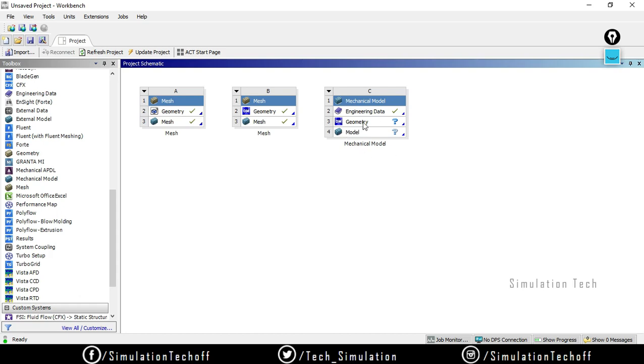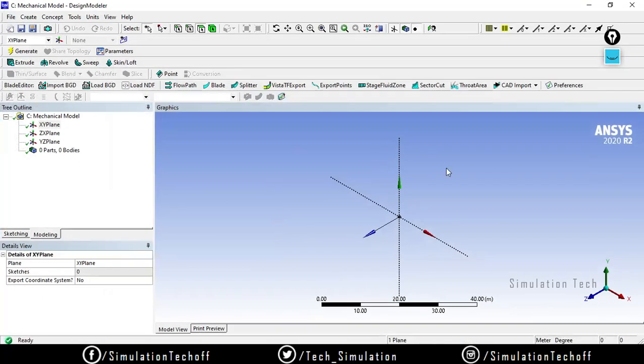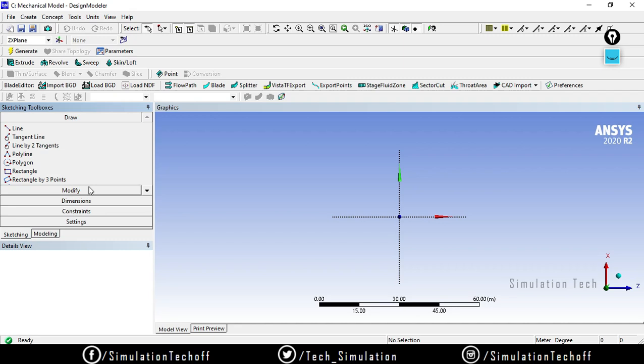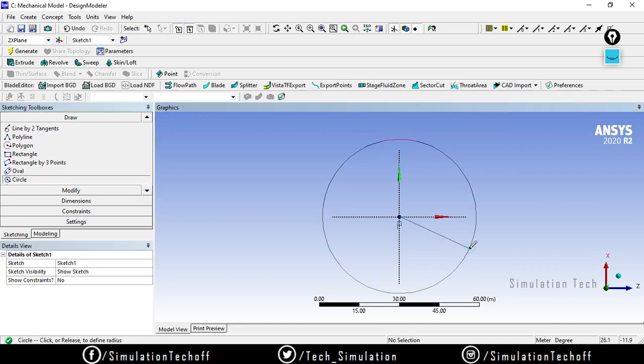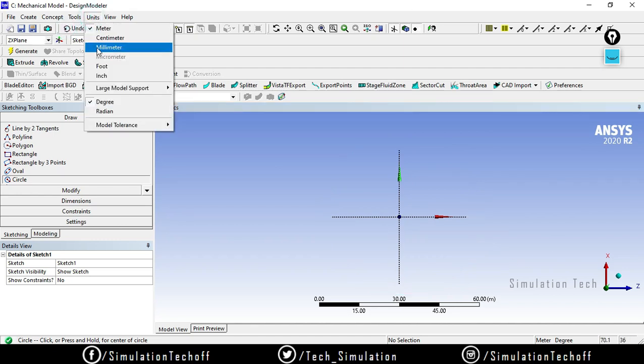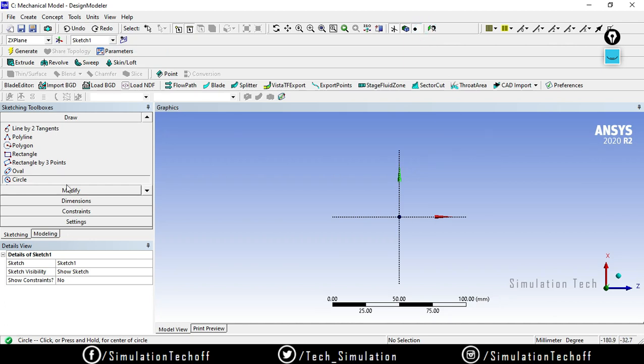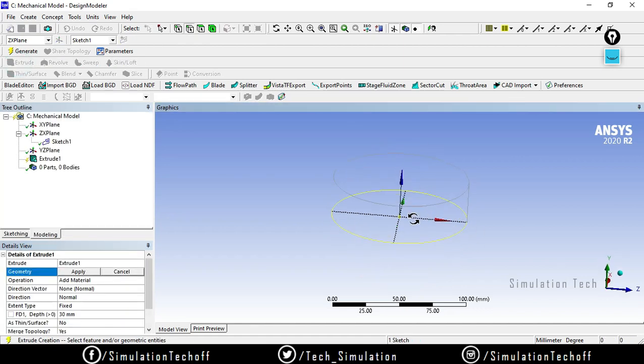Okay, so for geometry, I will choose the XZ plane and say look at, and I'll draw a circle over here. Before that, please change the unit system to millimeters and try to extrude it.